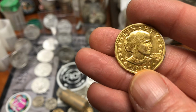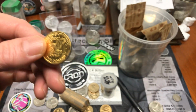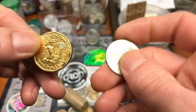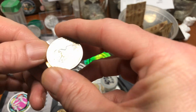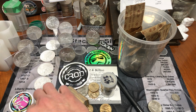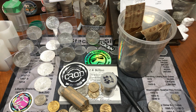So if any of you know about this 1979 gold color, and for those of you that are saying, "Why is he saying it's different?" This is what they normally look like, okay? And this one's gold. So I don't know why. I'm sure it was just something that they did for a year. I don't know. Is it a wrong? No, it's edged. I don't know. So if you know, please let me know in the comments below. But anyway,